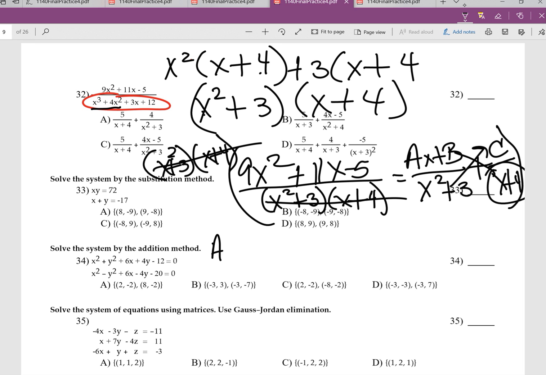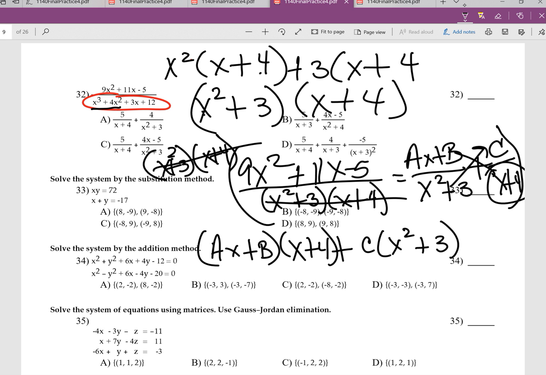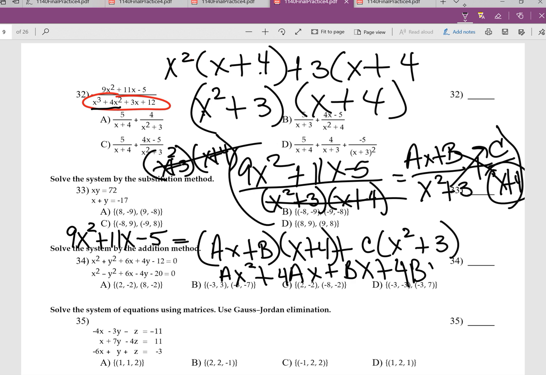So you end up with ax plus b times x plus 4 plus c times x squared plus 3. And this is equal to our numerator, which is 9x squared plus 11x minus 5. So now we FOIL, so we get ax squared plus 4ax plus bx plus 4b plus cx squared